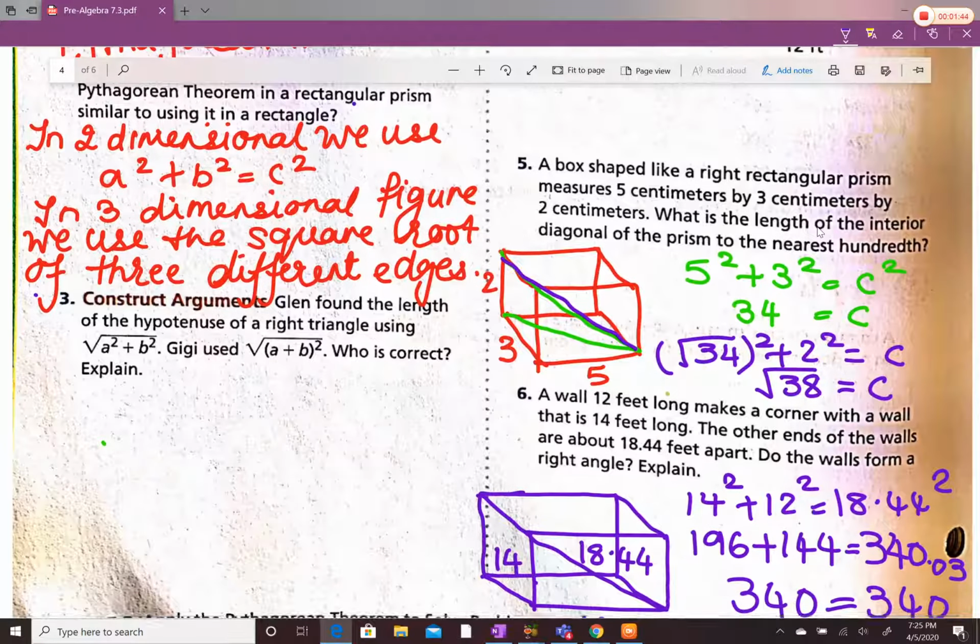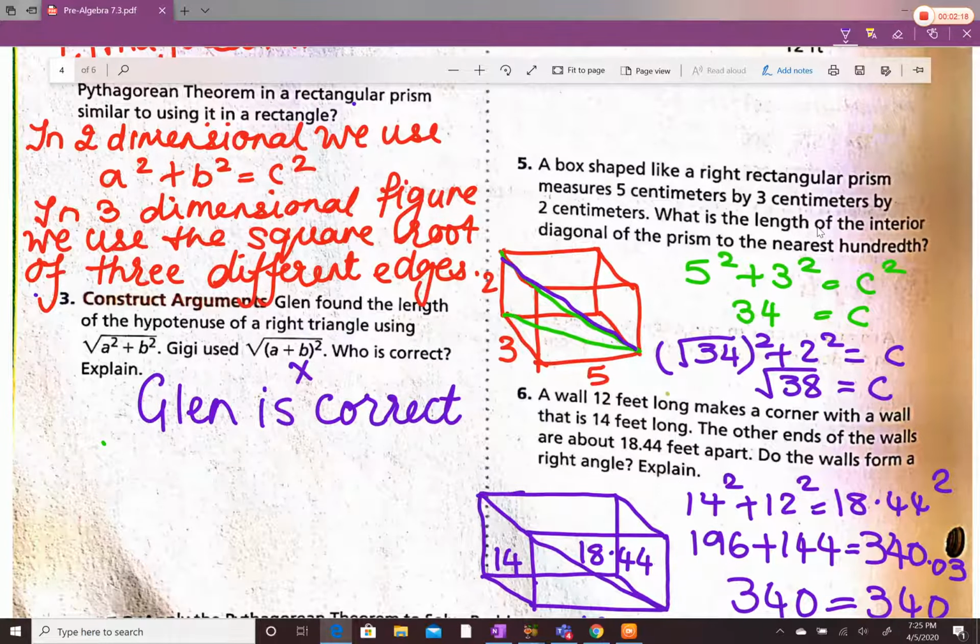Now Glenn found the length of the hypotenuse of a right triangle using the square root of a squared plus b squared. Gigi used the square root of, in the bracket, a plus b, whole squared. Now if you see, (a plus b) whole squared is equal to a squared plus 2ab plus b squared. So this is absolutely not the right answer. We are using the square root of a squared plus b squared to find the answers. So only Glenn is correct,